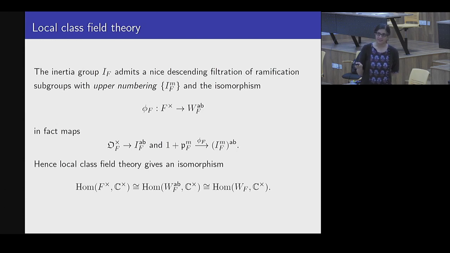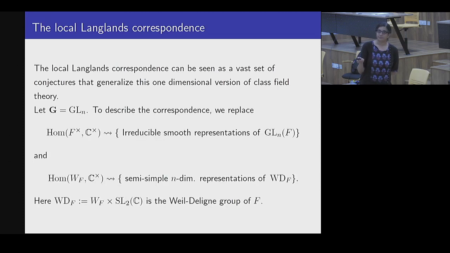So local class field theory basically gives you an isomorphism: if you look at continuous homomorphisms from F cross to C cross, then via the isomorphism of local class field theory, this is isomorphic to homomorphisms from the abelianization of W_F to C cross, but C cross being abelian, this is just homs from W_F to C cross. So local class field theory basically allows you to compare characters of F cross with characters of W_F. Now, the local Langlands correspondence can be seen as a vast generalization of this one-dimensional version of class field theory. So, I'll say just for GL_n, this is